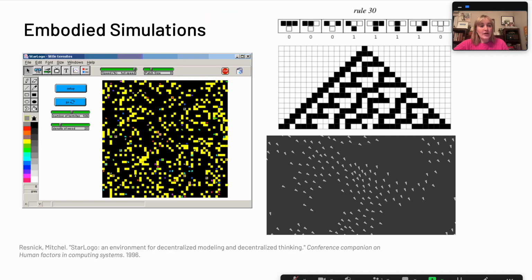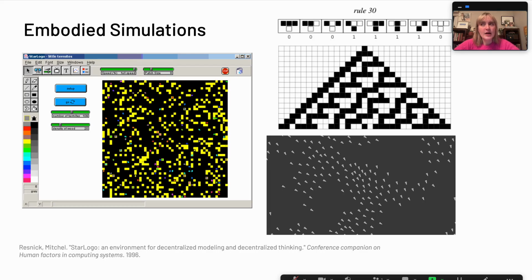And one way that we hypothesized we could do this was drawing on previous research on using embodied simulations as a way to foster learning about computing. These are environments where you can define a few simple rules, and they can create really complex and emergent behavior. So you can define a few rules about how a certain particle moves, or a few rules about how a certain cell is colored, and when you set those into play with a lot of different components, they can create some pretty interesting emergent patterns.